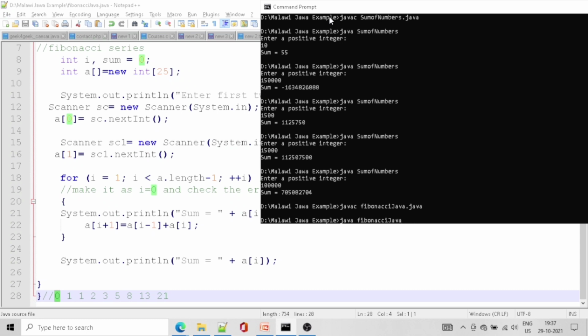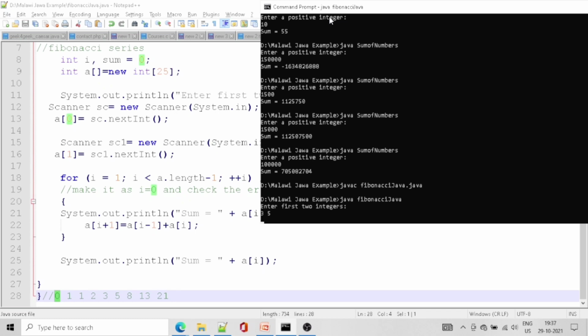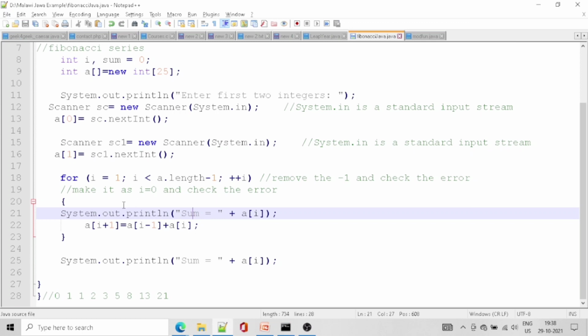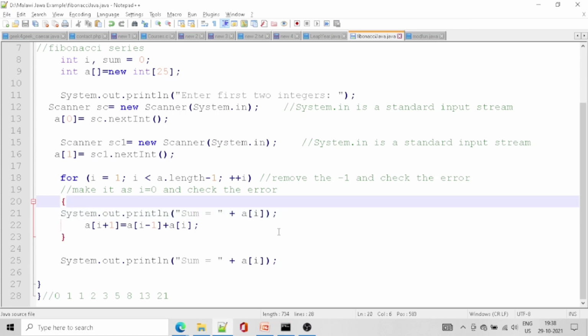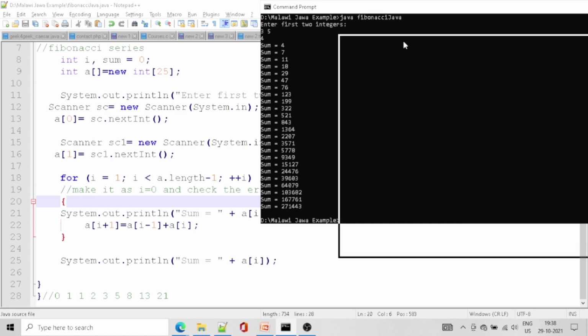Fibonacci Java. Okay, first number is 3 and the next one is 5. I think it gives some error. Okay, so for the first number, there is no printed value over here. If I need to print it over here, I need to put i minus 1, because you can look, it shows the second number, not the first number. Now I hope you understand what I want to convey to you.